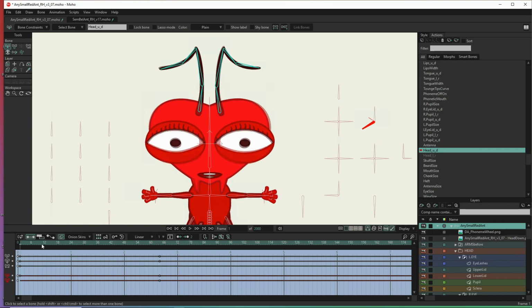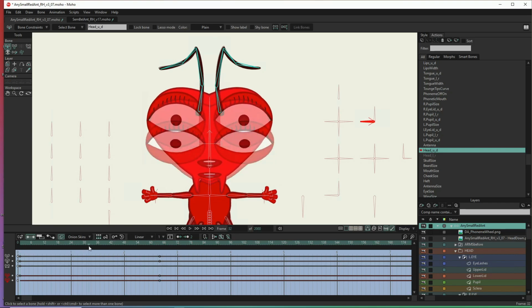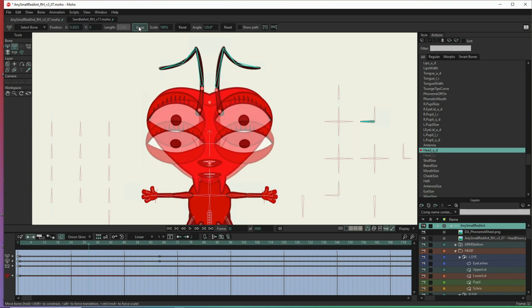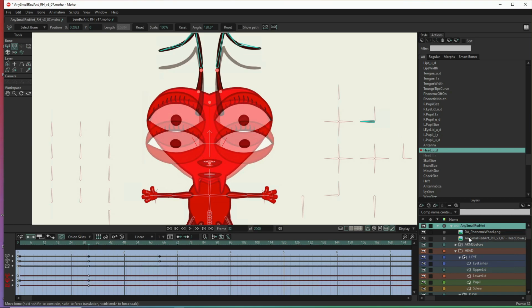Oh, it's because I didn't reset them. That's all. So at 32, I need to grab those bones. So B for bone, and I'm just going to grab these two here, and then I'm going to reset them. That's all I forgot. There we go. So now, when we go back to the main line,